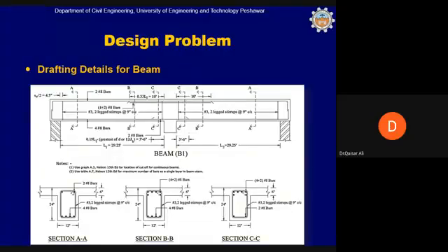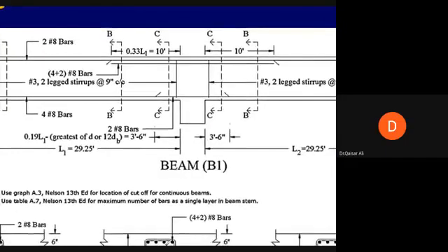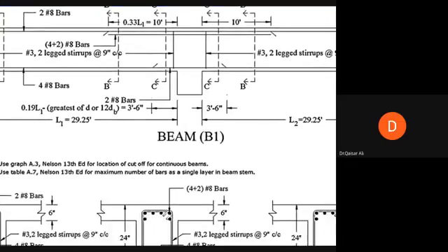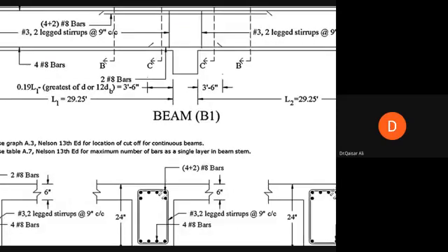This is the beam drafting that we have discussed in the beam design. Negative reinforcement in top bars, positive reinforcement in the bottom bars. The only one thing that you need to understand and know is the positive reinforcement curtailment. If you look at this section CC,